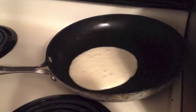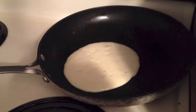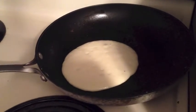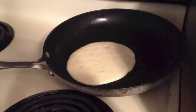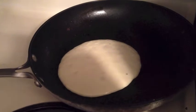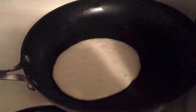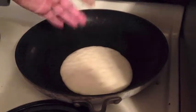So we're just kind of watching it here. Our goal is just to get it to start bubbling, and then we know we can flip it. And I'm not the best flipper, but I'm going to try to get it accurate. I am no Emerald. I am secondary to Emerald. So we see it from this angle. It's starting to bubble up a little bit,